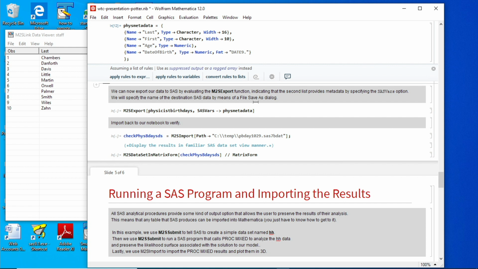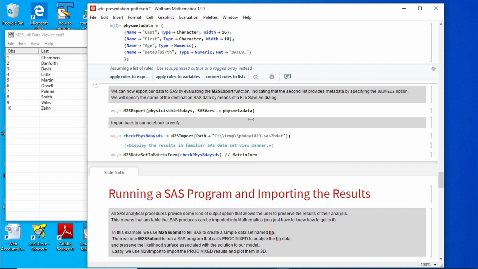So what this means is when I export this list of observations to a SAS data set, SAS will record the fact that whenever it presents this data in SAS, it should use the date 9 format to represent the